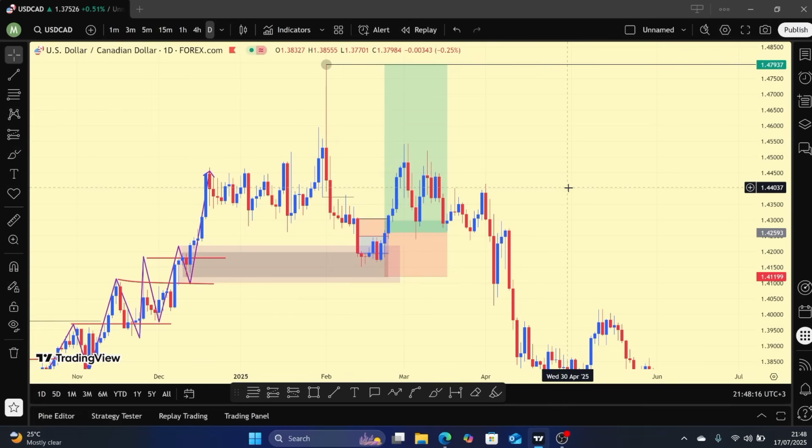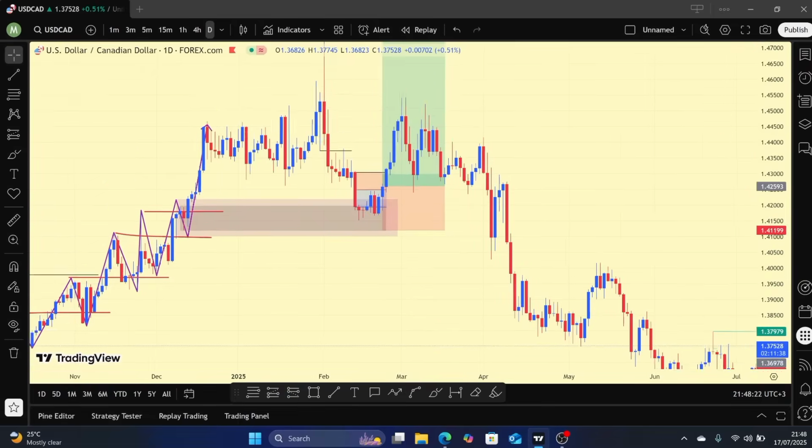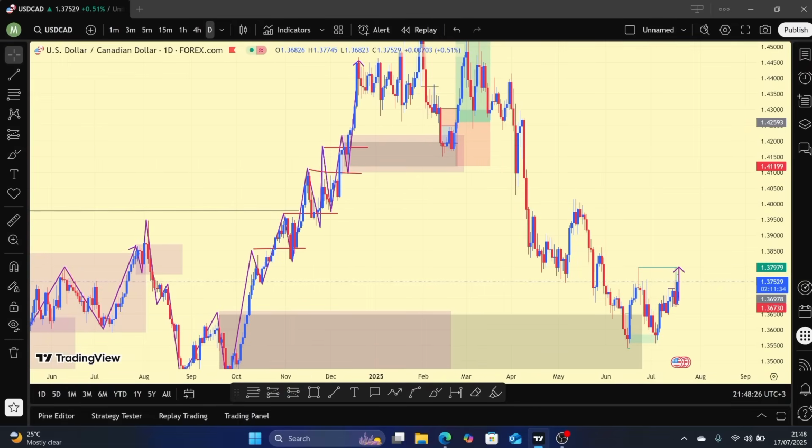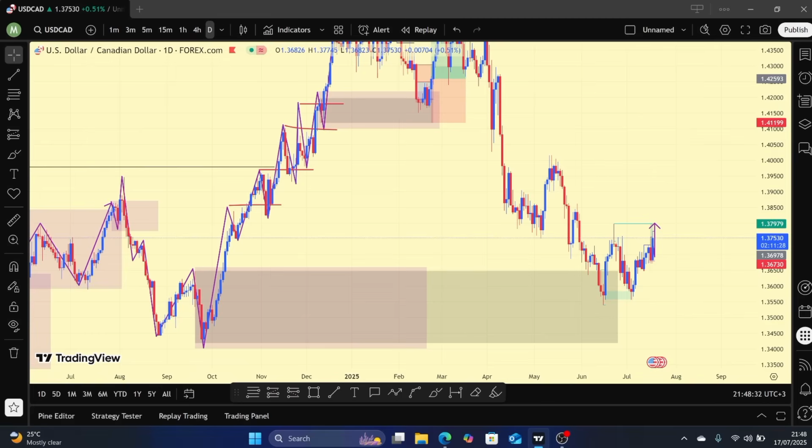We say that the decision of POI is a 50-50 zone; it can work and sometimes fail. All right, so after that phase, the next part is obviously the engineering liquidity or the extreme POI. So in that case, where is our engineering liquidity? We said the engineering liquidity is the